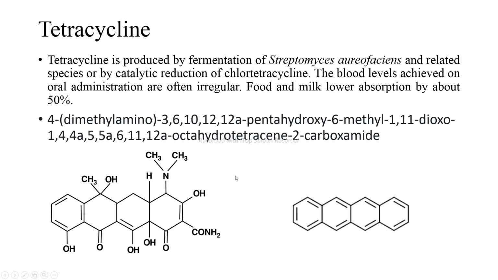Regarding the IUPAC nomenclature, as we have discussed, this is the tetracene ring. The name of the ring is the tetracene ring. So this tetracene ring is there in the structure of tetracycline. Now the first part is we have to identify the functional group with the highest priority. Now in this structure, which group has the highest priority? There are two groups: one is the alcohol and the other is the amide, right? OH group stands for alcohol and this is the amide group.